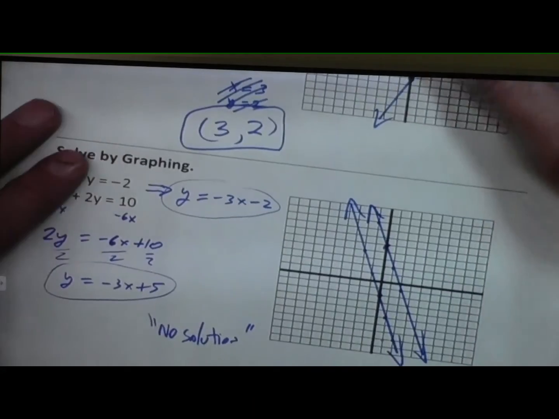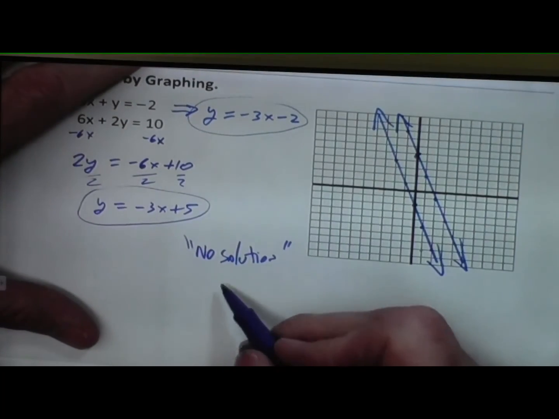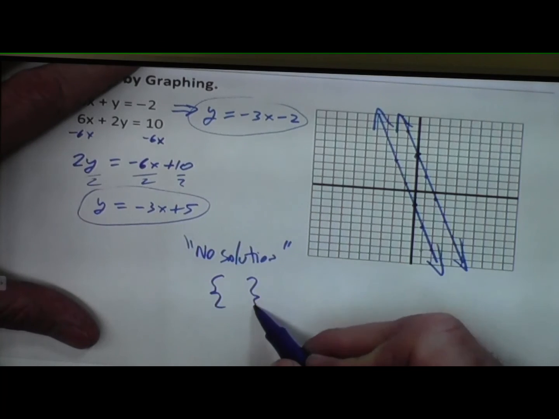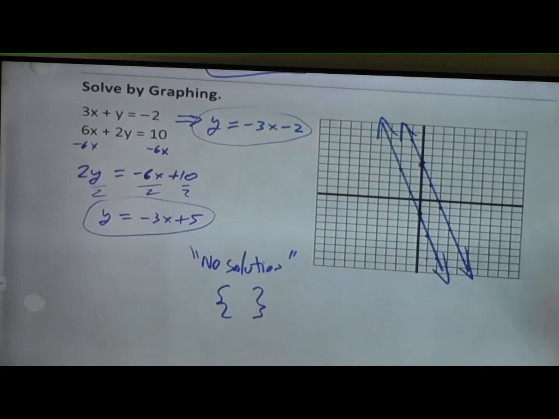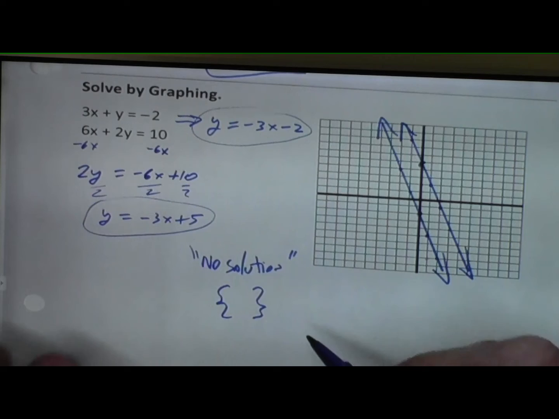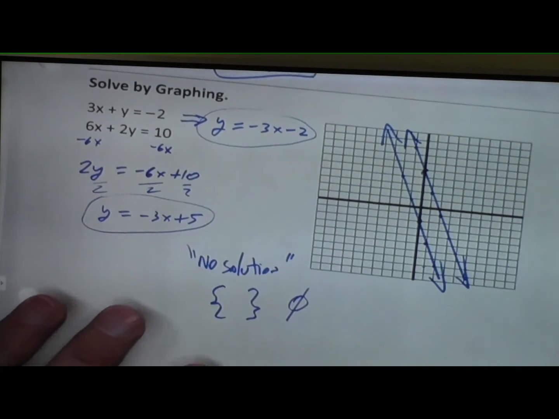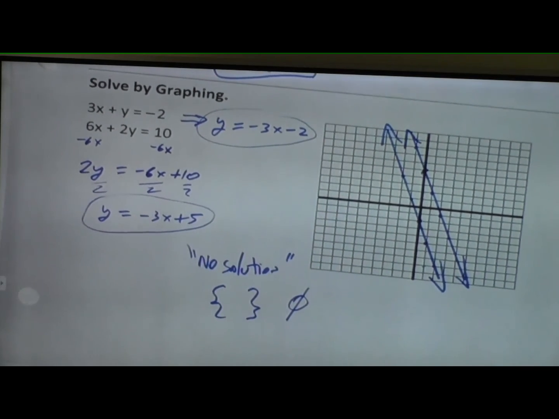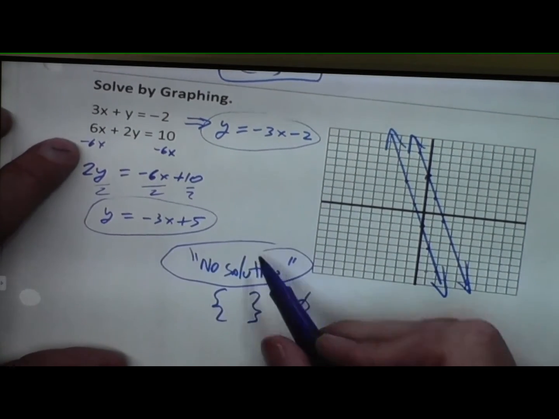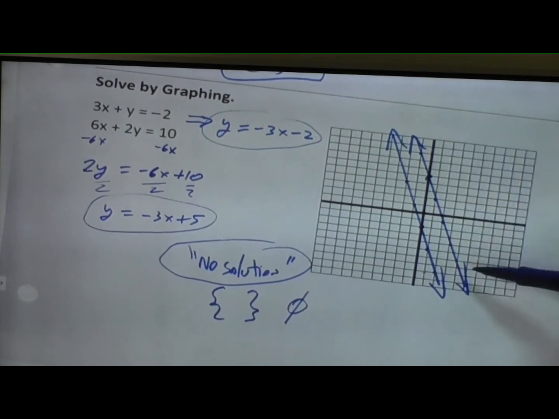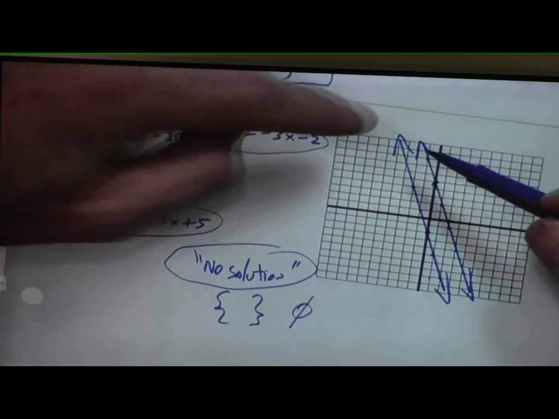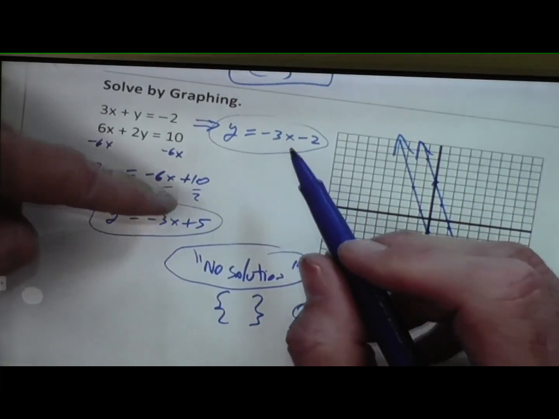Other answers that you'll find in higher math, they'll sometimes accept this. Remember, brackets include what the answer is. Well, it's empty, right? So it's the empty set, there's no answer inside it, so that's one way to do it. You can also use that symbol, which is the null set, which means that there is no answer. But no solution is actually the more common way for this kind of thing. Now, this is one variation. The other variation you'll see sometimes is, let's say that after I did this one is my